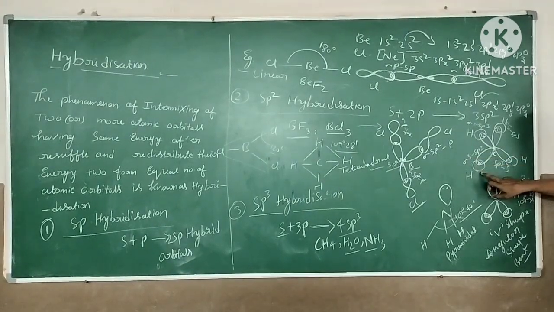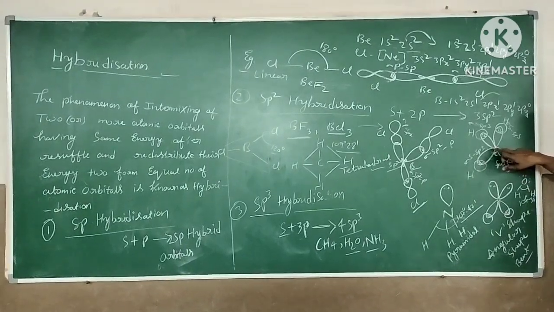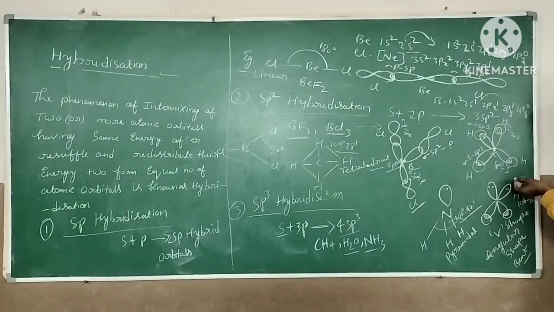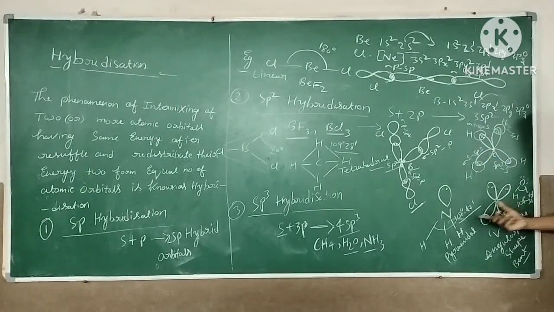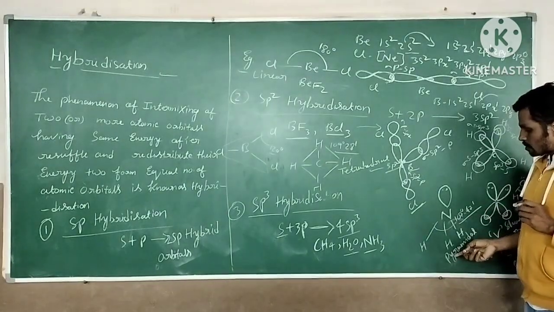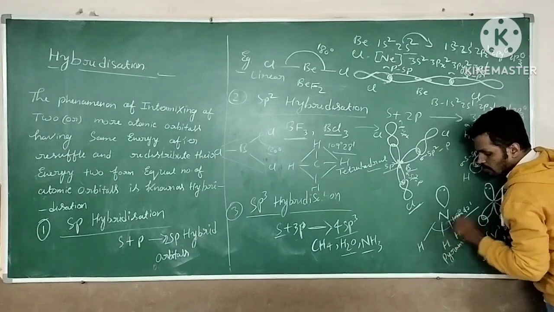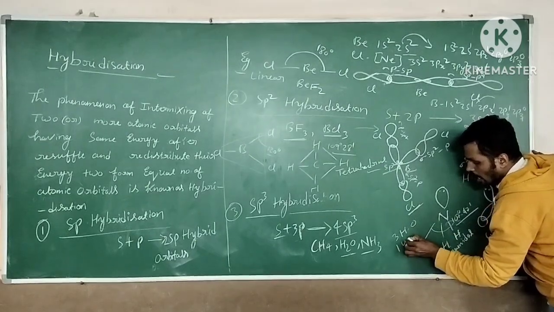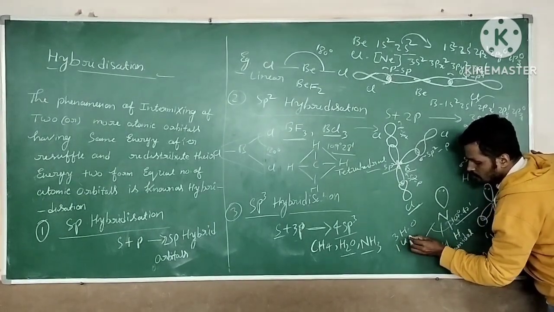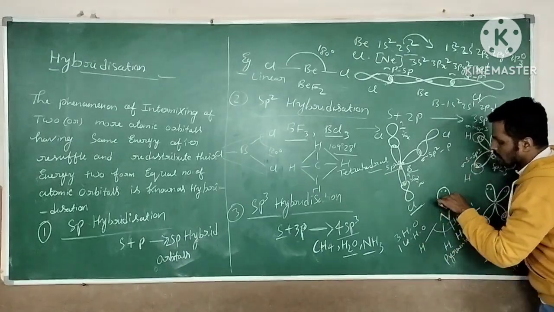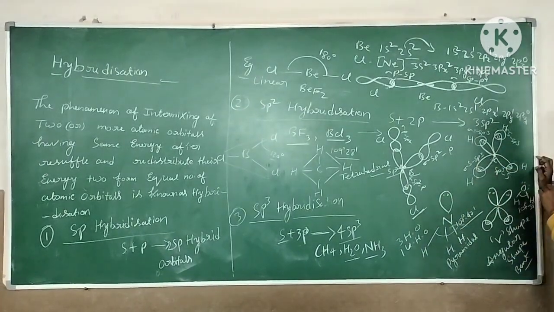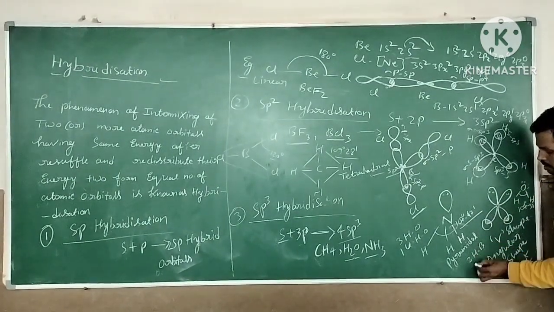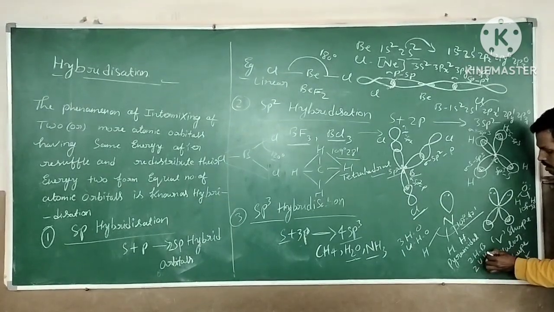Here s belongs to hydrogen and sp3 belongs to carbon. The remaining bonds are also only sigma bonds due to complete overlapping. And the ammonia molecule is pyramidal. Pyramidal means there are 3 sigma bonds from 3 hybridized orbitals, and one unhybridized orbital, which means the presence of a lone pair on the central atom. Next, coming to the water molecule, there are 2 hybrid orbitals and the remaining 2 are unhybridized.